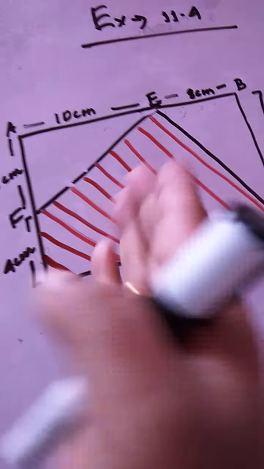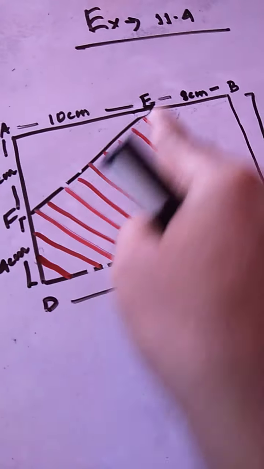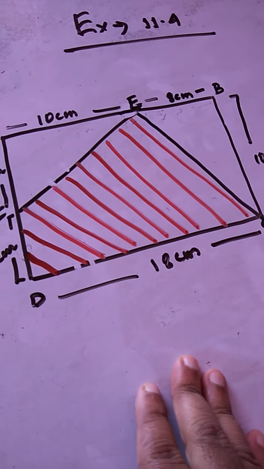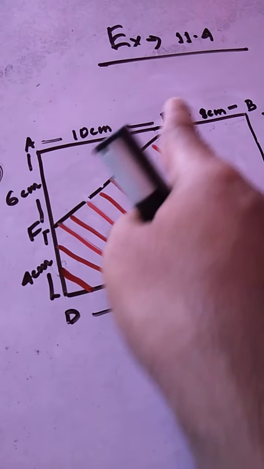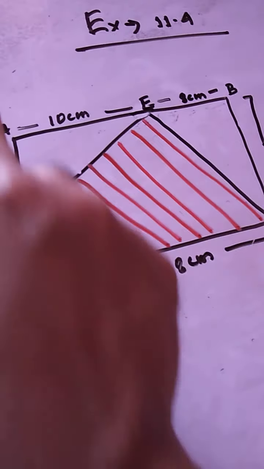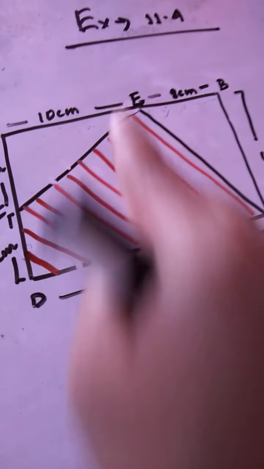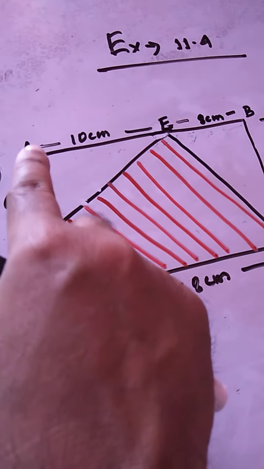Okay, fine. So I'm removing these two triangles from where? From this whole piece, isn't it? Then only I'm getting this particular shaded portion. So when I'm removing these two triangles, in mathematical language I'm subtracting, isn't it? When I subtract the area of this triangle and the area of this triangle from the whole figure, I will get the area of this shaded portion.